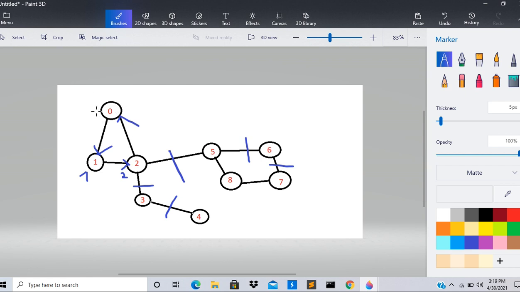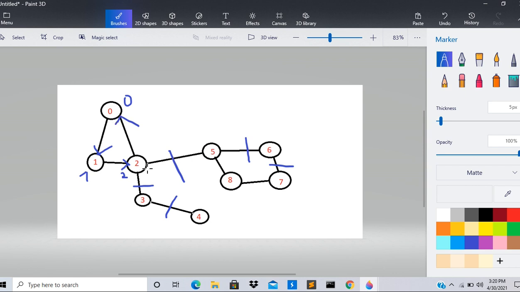only if the low link value of the child node that we are visiting, which was already visited, is less than the low link value of the parent. So we had assigned the low link value of parent as 2, and the low link value of 0 is 0. So as we can see, the low link value of node 0 is less than the low link value of parent, so we would store this edge in our directed graph.